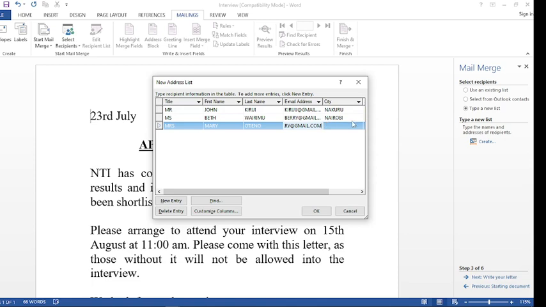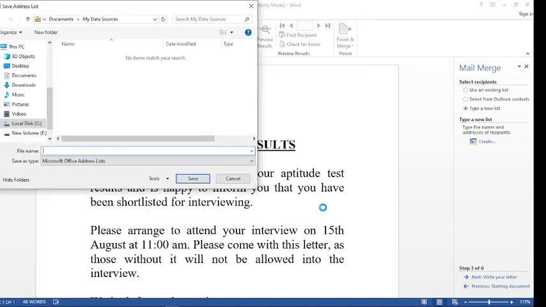@gmail.com. Kisumu City. Kisumu, Kenya. Then we say, okay, it is asking us to save the document. Let us say tweet a contact